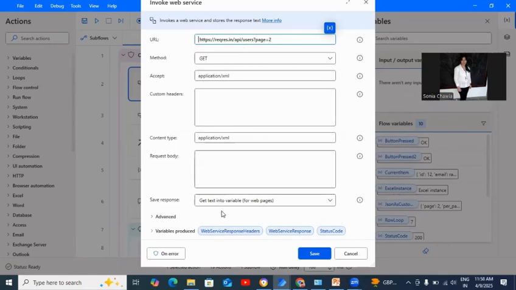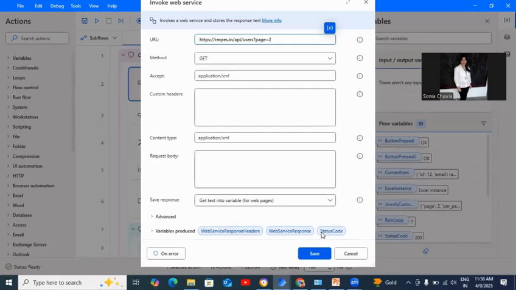These are the variables produced. These are automatically created by this activity: web service response header and web service response status code. The status code is like 200 or 400. As per this status code, we find out if we are getting any issue in calling this web API, so this code helps us resolve that issue.